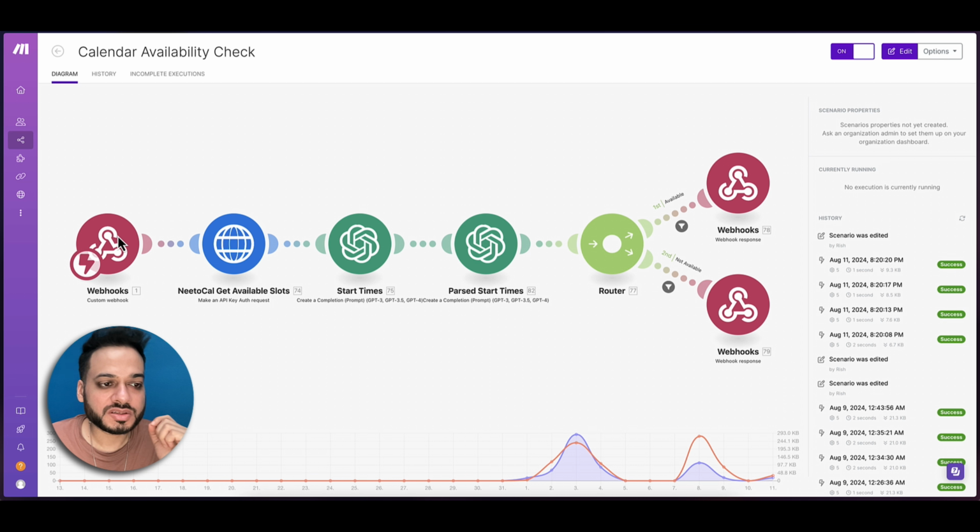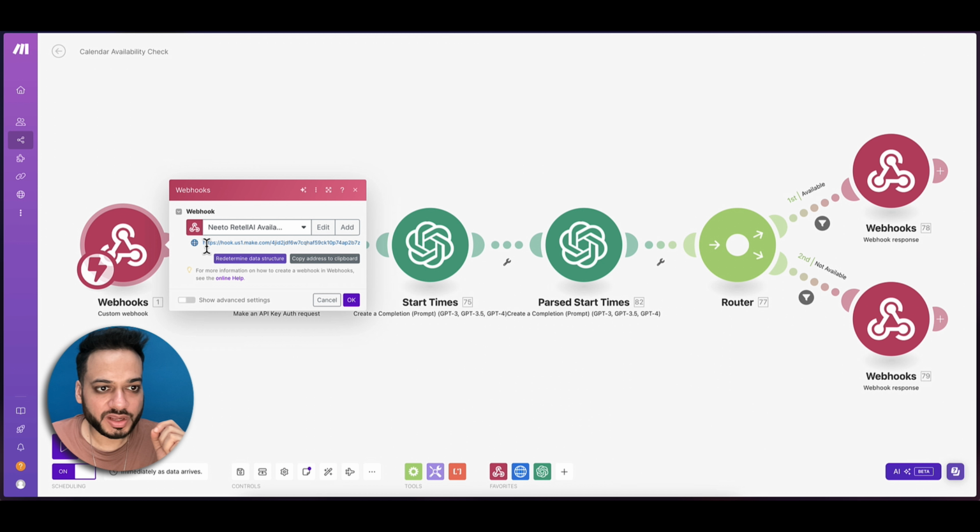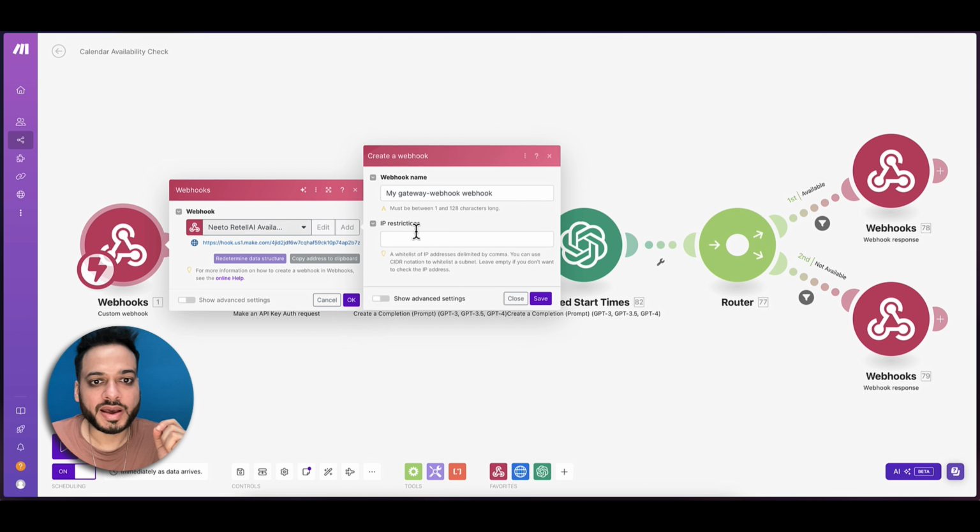Okay, so the first node will be the custom webhook, which will give you a URL like this. If you have this blank, don't worry, you can just add a new webhook and give it a name, any name that you would want to give it, which you can remember moving forward that this webhook is used for this particular automation.